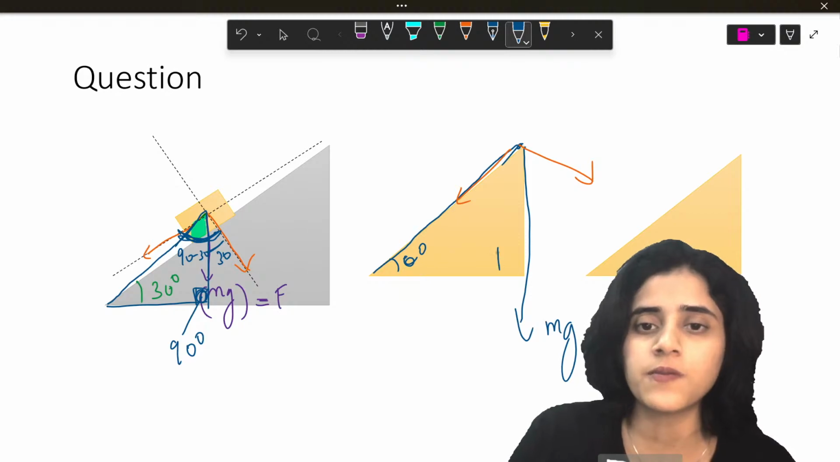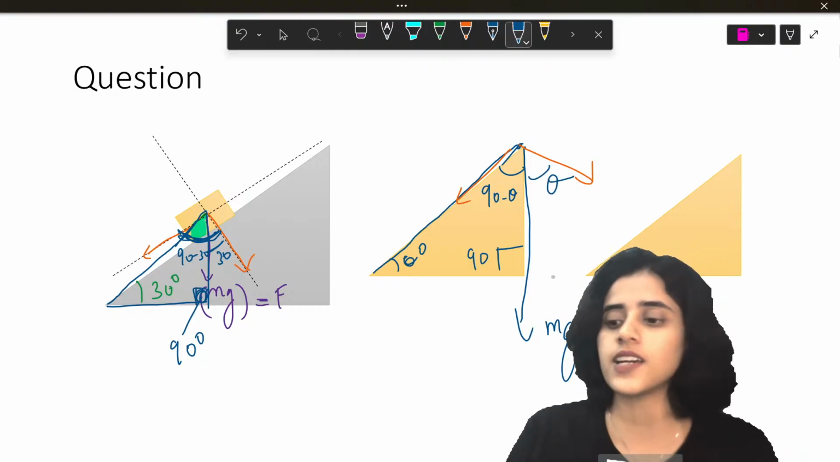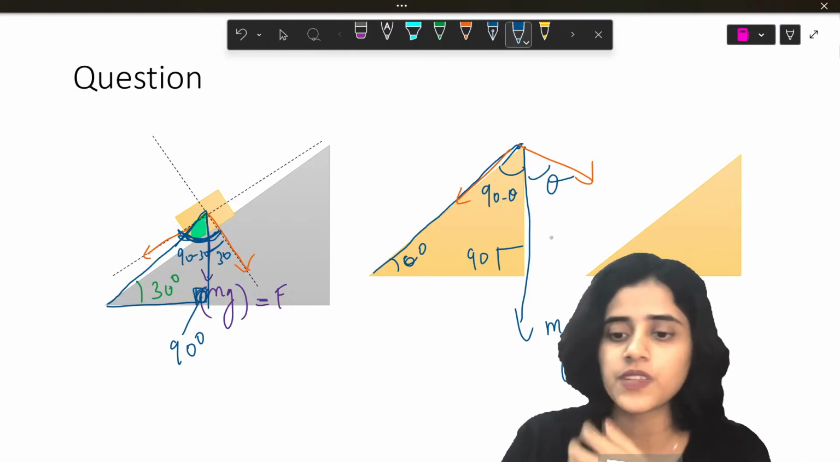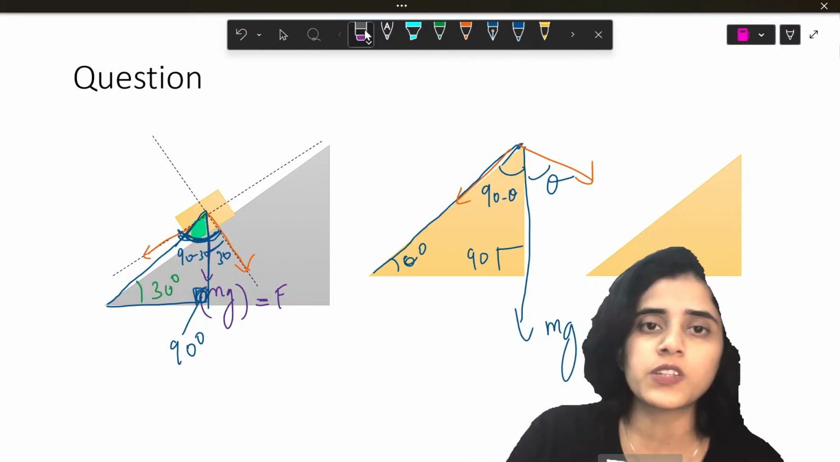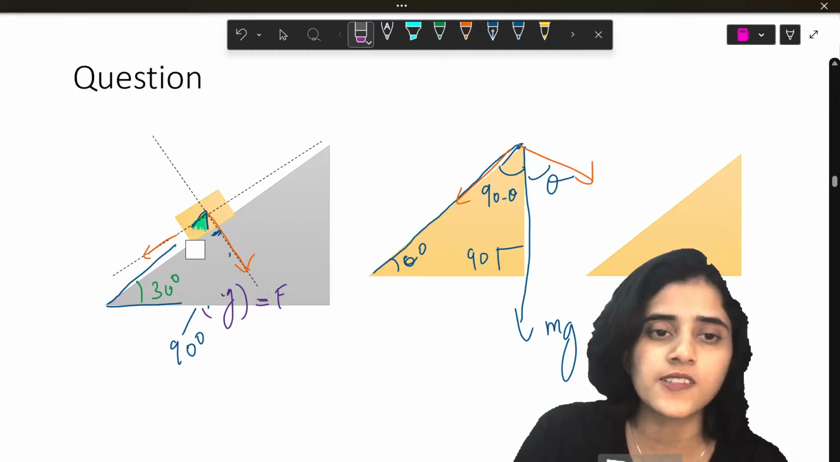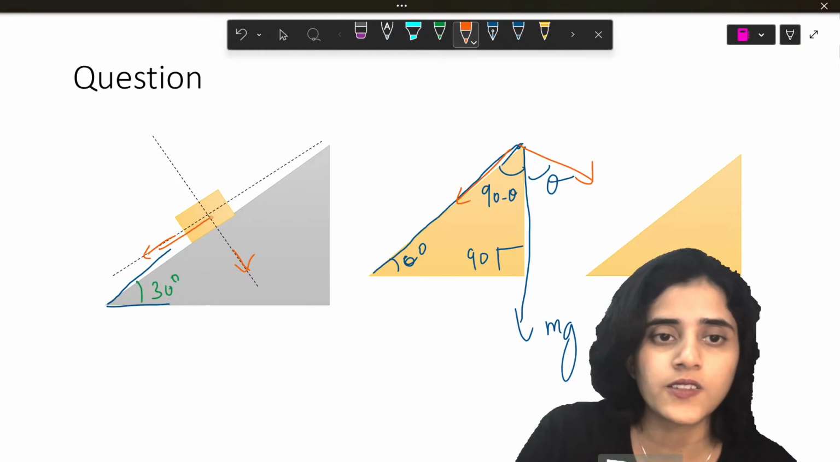So if this is theta and this is 90, this is 90 minus theta. So then this angle is theta. Do you all agree with me? So now I have,